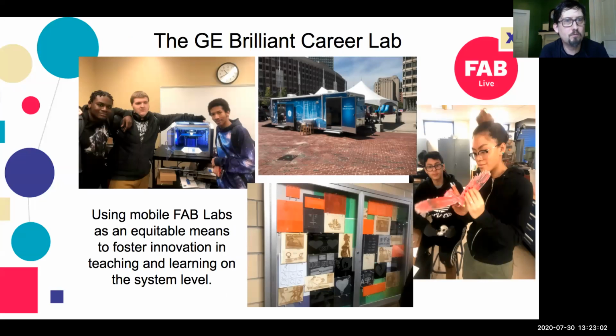With the Brilliant Career Lab, we were taking a mobile Fab Lab to a variety of different schools, not just one school. And so our mission changed a little bit. This was not a mission to change any one school. This was a mission to show value to a system, to an entire school system.